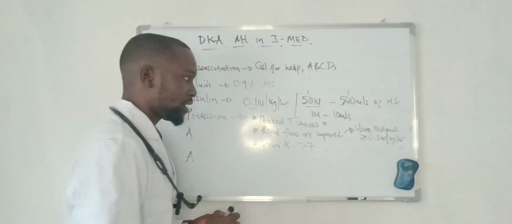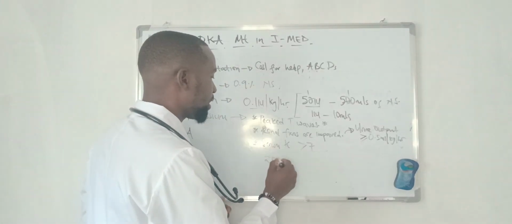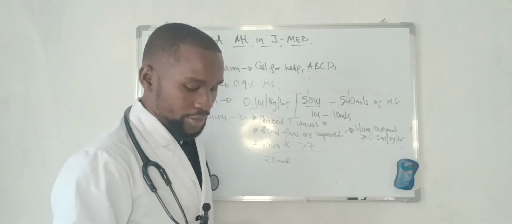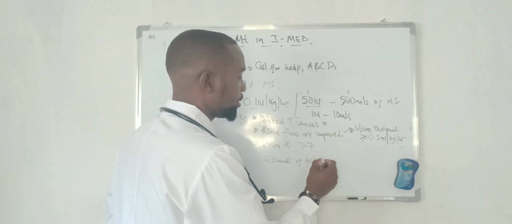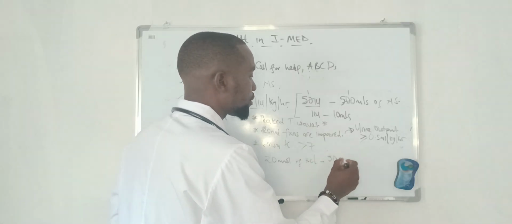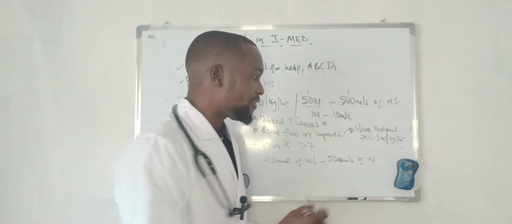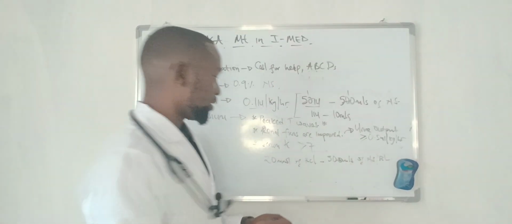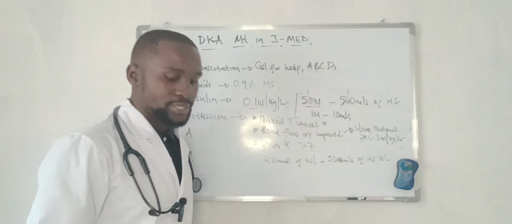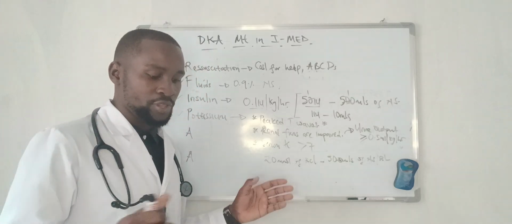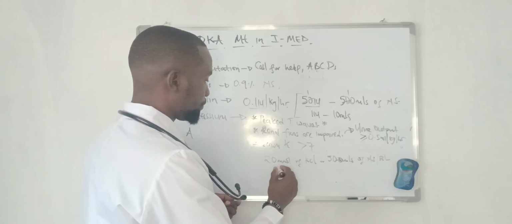So how do you do your potassium replacement? You give 20 millimoles of potassium chloride. You add it to 500 mils of normal saline or Ringer's lactate. So 20 millimoles of potassium chloride, you add it to 500 mils of normal saline or Ringer's lactate, and you are going to be giving this